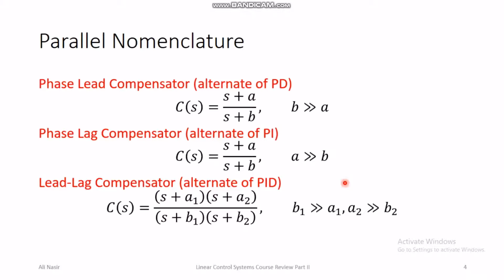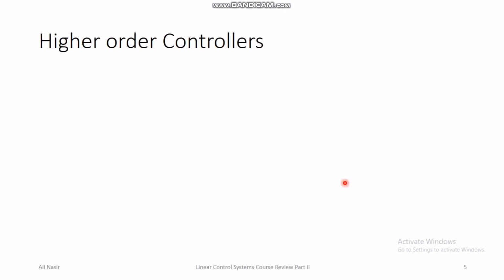Alright, so these are the different models of the controllers that we can use in this course, and then there are higher order controllers, where there is the PDD controller. In a PDD controller, the transfer function would be Kp plus Kd1 s plus Kd2 s square. So this is a common mistake that a student could make, that in a PDD controller they could have two derivative gains, Kd1 s and Kd2 s. That is not the right way, because in that case Kd1 plus Kd2 can be called a Kd and s can be taken as common, so it will still be a PD controller.